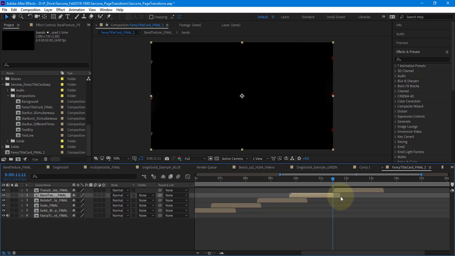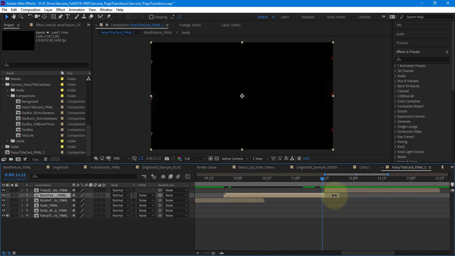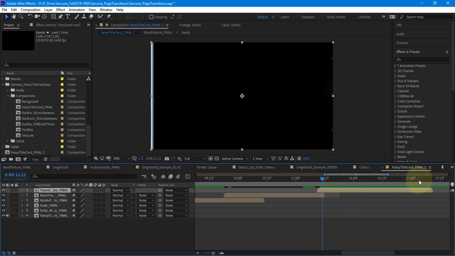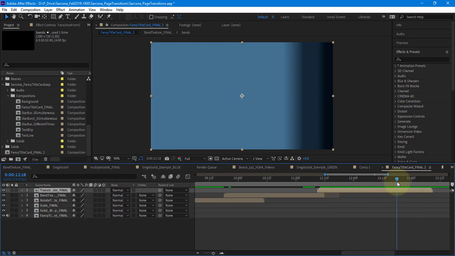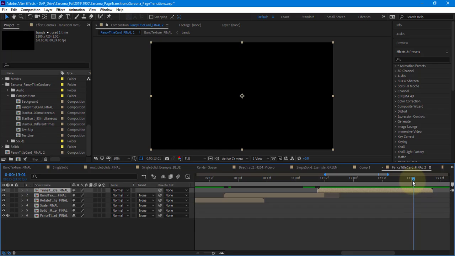So I can do Alt right bracket, and that will cut, which was on the hotkey sheet. There we go. And then I'm going to go to the end of this one, and I'm going to go right to where it's done. Go like 2 frames past it, and then I'm going to hit N to set the end of my work